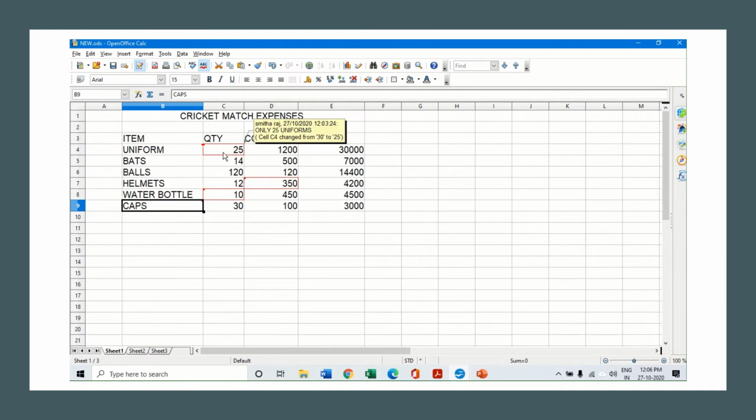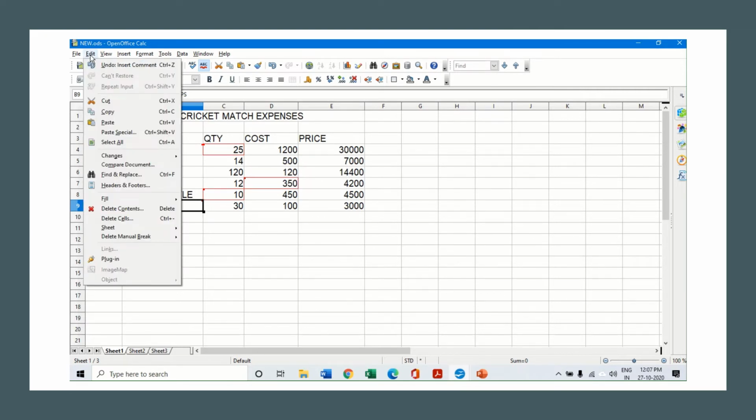But these comments are the comments which are automatically inserted when you make changes to your cells in the recording option. Okay, so there is a difference between these comments and this command. This is a comment which I have just added for my information, but these are the comments which get automatically added when I make any change to the particular cells. Now here, when I click on changes, it will also give me an option to accept or reject the changes.